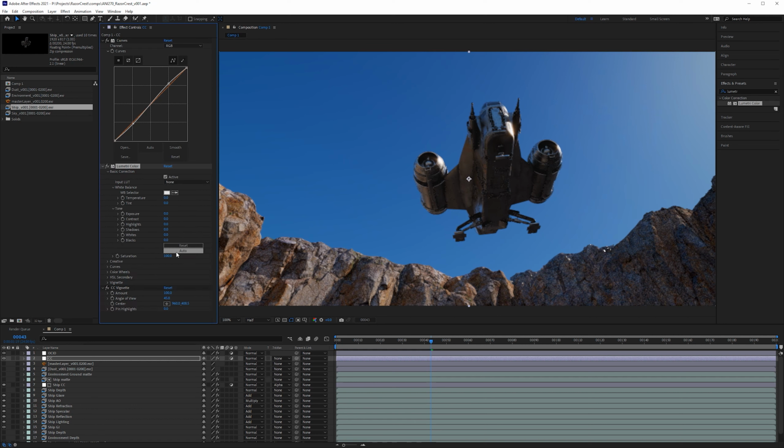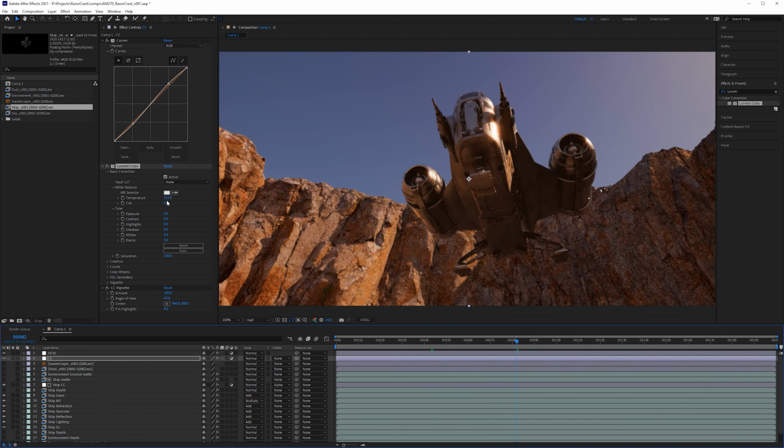So if you open up basic corrections, Lumetri color though does have a really useful color temperature gauge. So if you wanted to make it look like it was much colder, you could lower this value. And this is going to pull in more blue light into the scene, and it's going to make it look a little bit cooler. Or you can do the opposite and you can push in warm light, and this is going to make everything look warmer. Like the actual temperature of the environment is going to make it look like it's hotter.